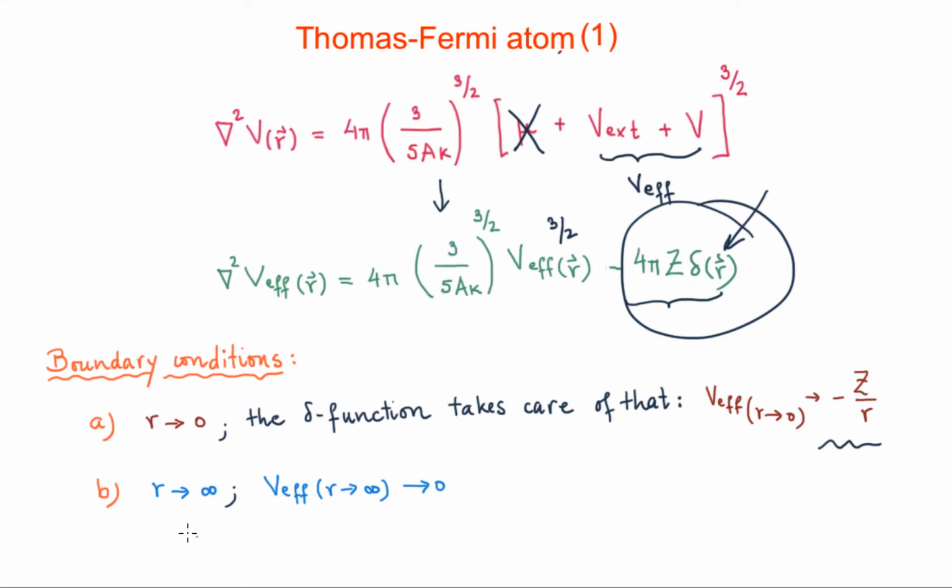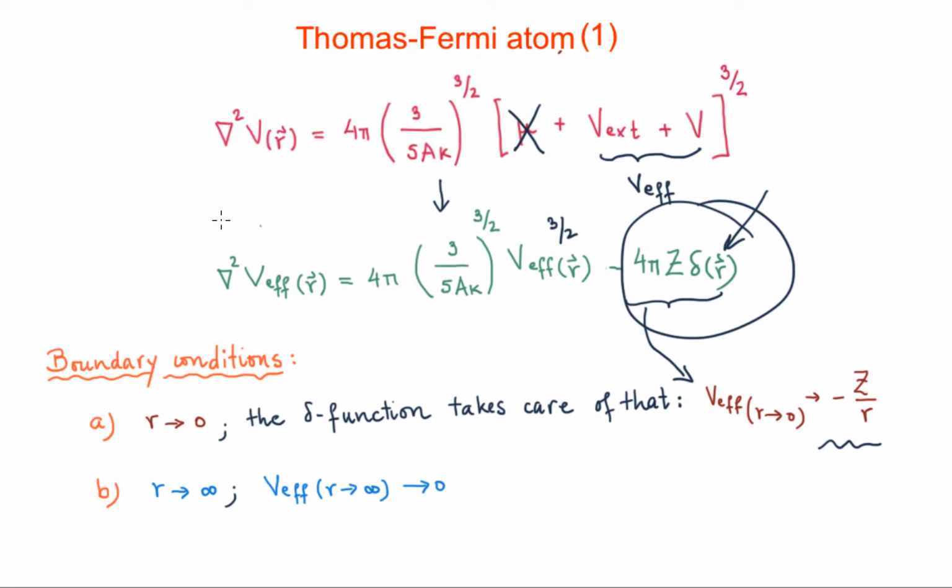On the other hand, at r going to infinity, as the charge density is going to decay and everything is going to decay, the effective potential is going to 0 as well. So that's the equation we have to solve, and these are the two boundary conditions that we are considering. At r different from 0, the equation gets a bit simpler, because this term is not going to appear, in the sense that we have just this contribution at r equal to 0, and this contribution remains in the boundary condition at r equal to 0.